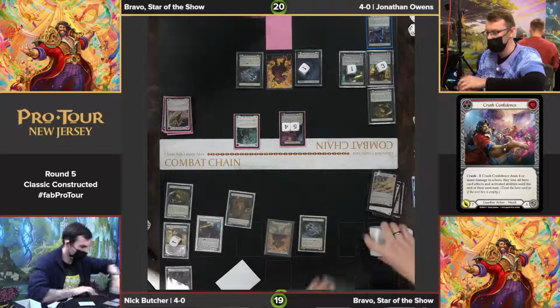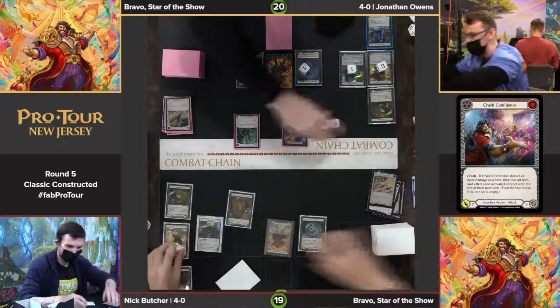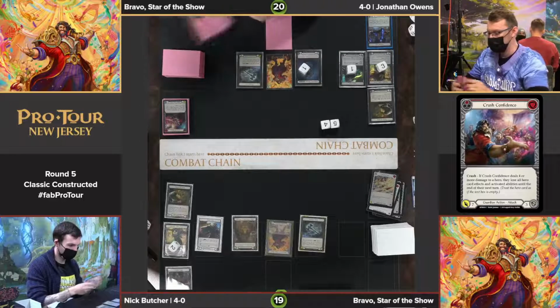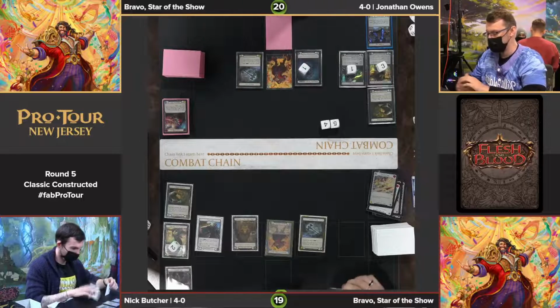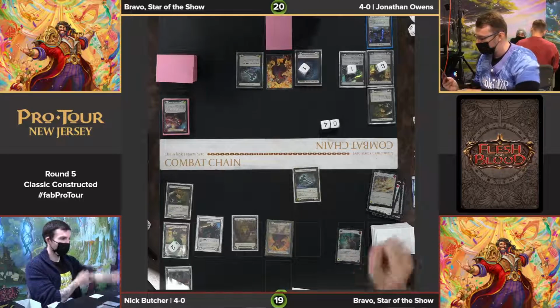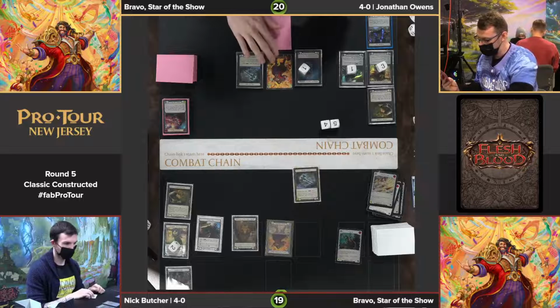This turn, that's a fantastic turn cycle for Jonathan. The 9 and 7. Like 9 followed by 9 followed by 7. It's not too bad. Turning off your opponent's hero effect, their activated abilities. Bravo going completely upside down. So that